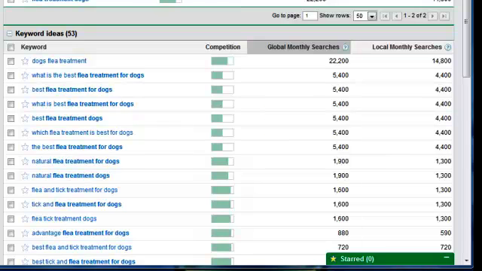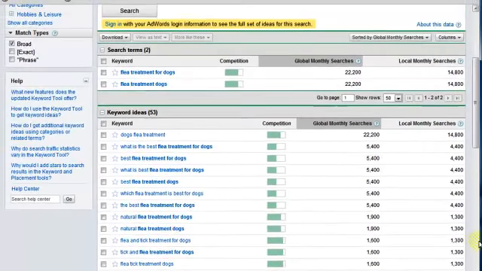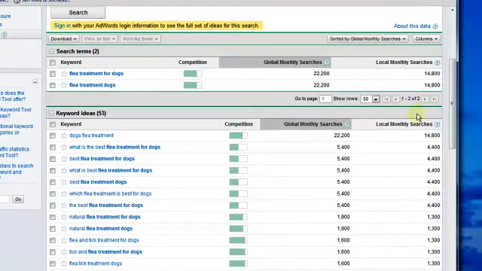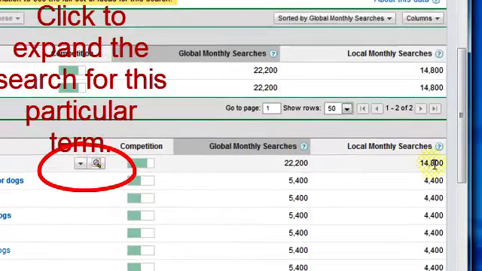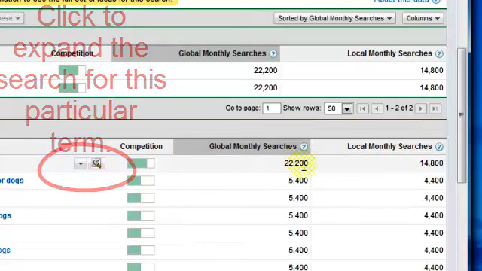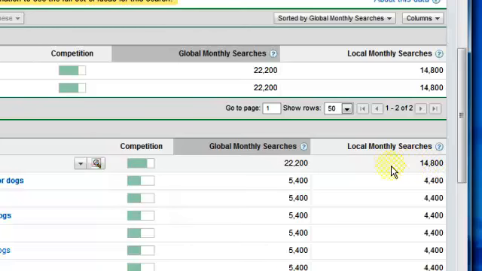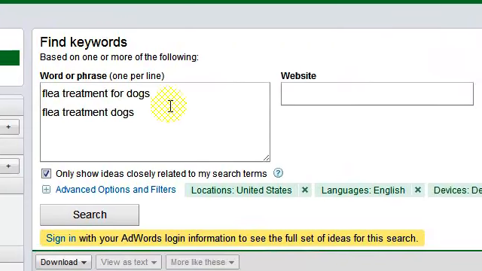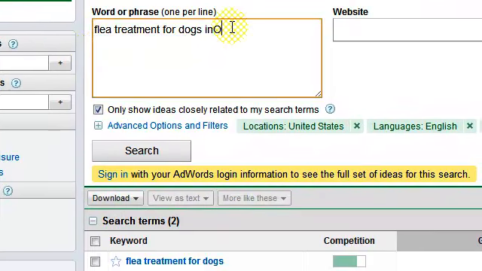It's got a pretty high competition, very few searches comparatively. And you would think, especially with me living in the South, that you would get a lot more searches than this. I don't know if it's going to let me open this up and scroll it for you so you can see it a little bit better. When I look at the local monthly searches, the percentage of local versus global monthly searches is very high. So I might want to do something like flea treatment for dogs in my area. So I might want to do flea treatment for dogs in Orlando,